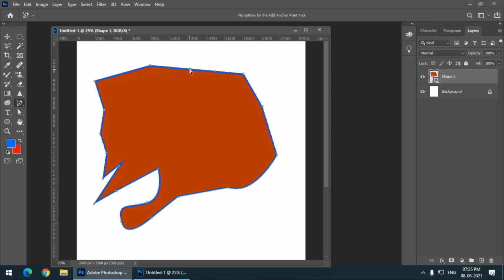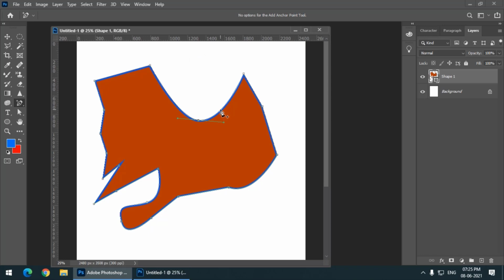So as soon as I add an anchor point, this add anchor point tool is temporarily converted into the direct selection tool, by using which you can change the shape of any object. But as you can see, by default it has converted that point into curve.